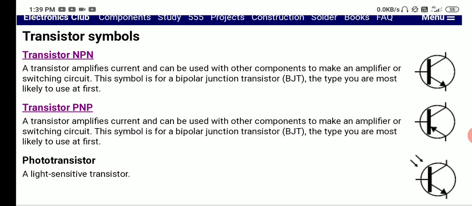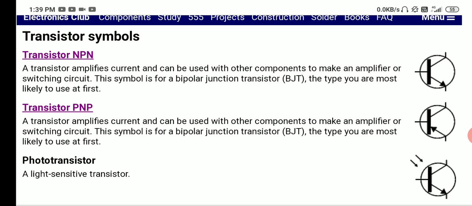So if I tell you that these are the flip-flops or your logic gates, how do your logic gates work, what are they made up of? Your logic gates are made up of transistors. I have taught it in my logic gate lessons. If you want to learn logic gates, you can just go through them on my channel.